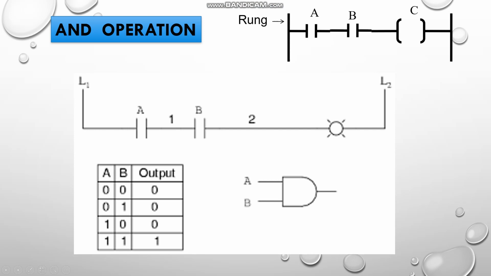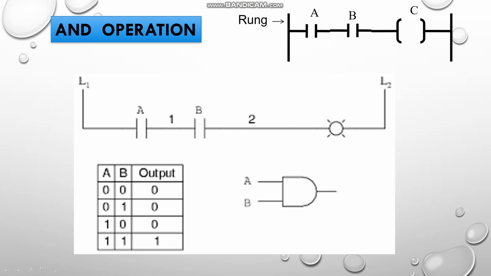In the OR gate operation, the two inputs were connected in parallel. But in the AND gate operation, based on the truth table, the two inputs are connected in series, and this particular portion is the output part. According to the truth table, when A is 0 and B is 0, with the switches normally open, the output will be 0. In the second case, when A is 0 and B is 1, the output is 0, since when A is 0 there is a breakage in the circuit. There will be no continuity of current flow to the next terminal.